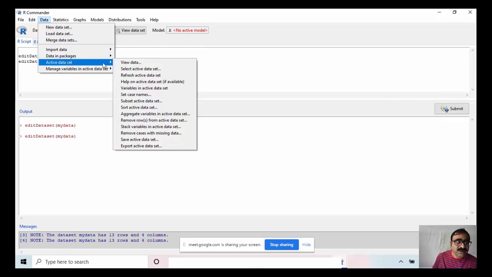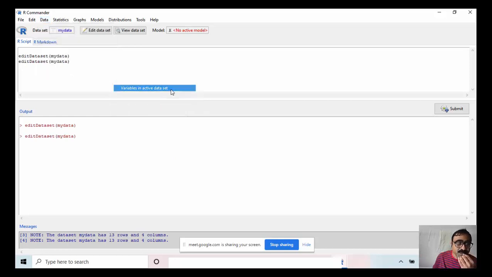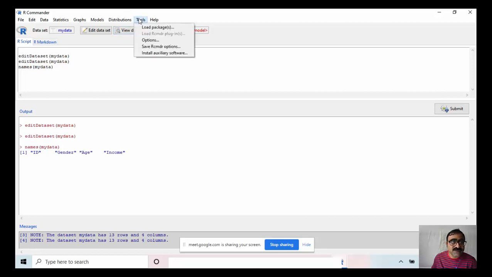Now here, if I go to active dataset, there are several options: view data, select active dataset, refresh active dataset, help on active dataset, variables in active dataset. If I click on that variables, here in the bottom it will appear ID, gender, age, income. So these are the variables.